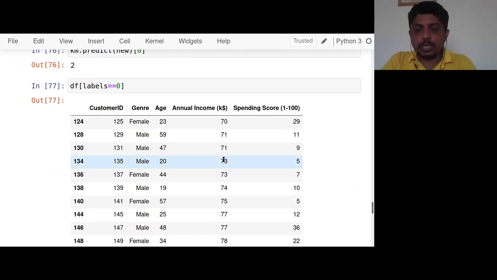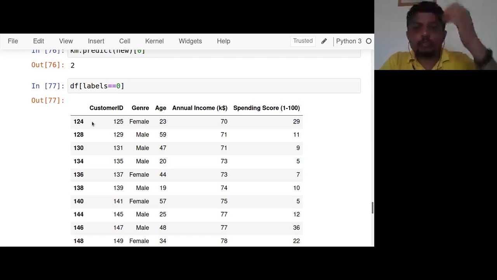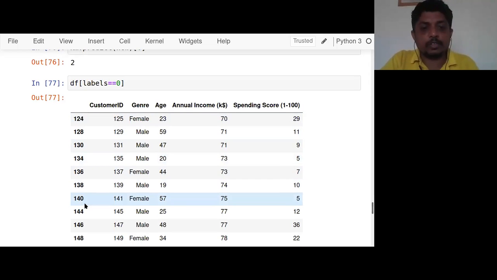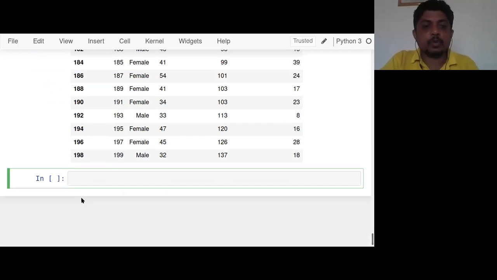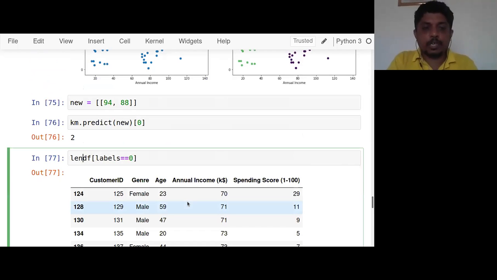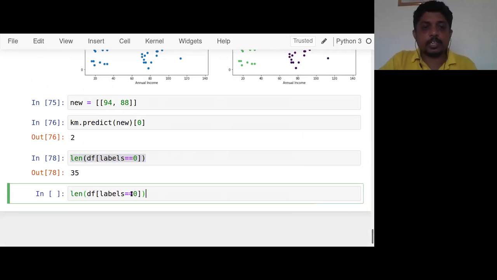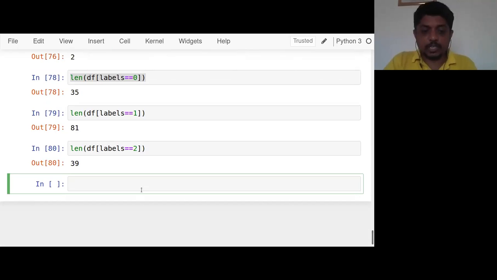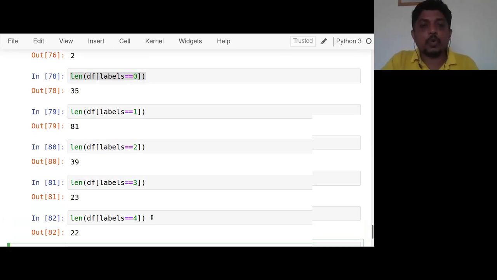Where the labels is equal to 0, I'm extracting that data: 124, 128, 130, 134, like that. Okay, labels equal to 0. And if you want to identify the total length, check: 35 elements are present in cluster number 0, and cluster number 1 has 81 elements, this is the middle class, I think, the center element. 39 are in number 2, then 23 are in number 3, and 22 are in number 4. See,